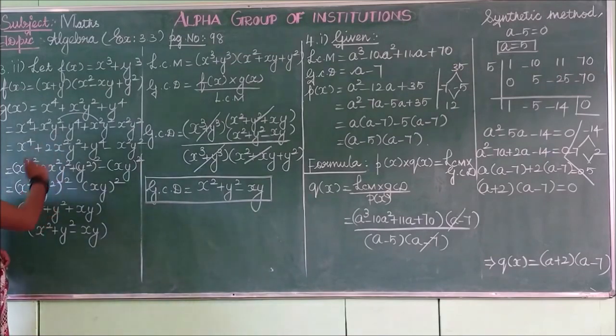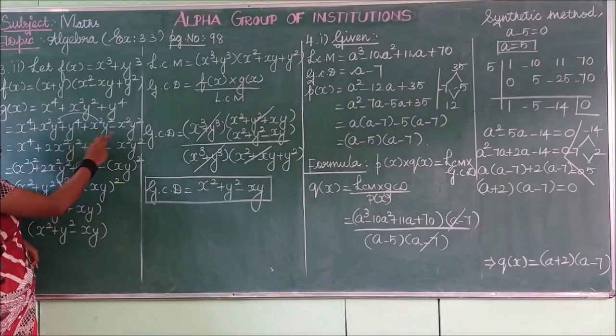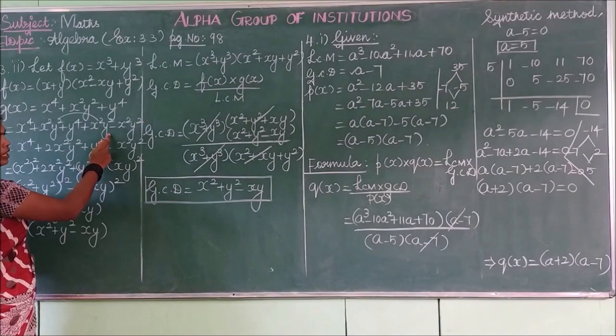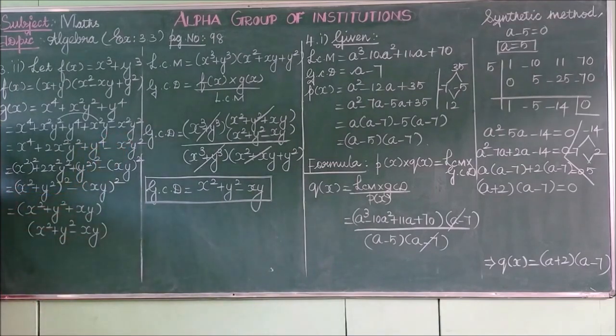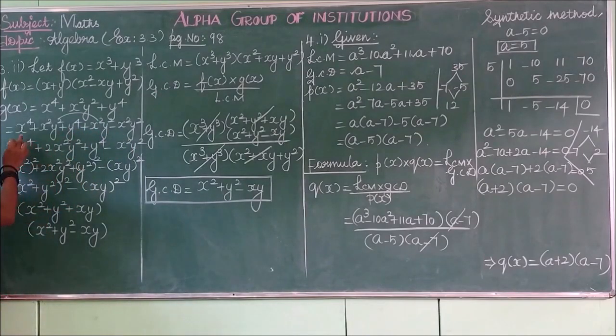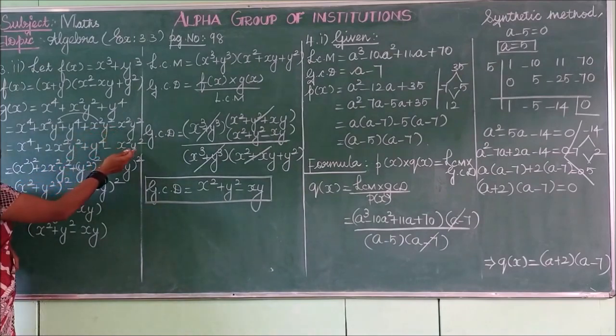So listen, for our convenience, we are taking these two values, adding and subtracting the similar values. So what is that value? x squared y squared minus x squared y squared. For our convenience, here we are adding x squared y squared as well as subtracting x squared y squared. If you add and subtract, the value never changes. So x power 4 can be written as it is. Then these plus values will be added: x squared y squared plus x squared y squared can be written as 2 times x squared y squared. Then the next value is plus y power 4 minus x squared y squared.